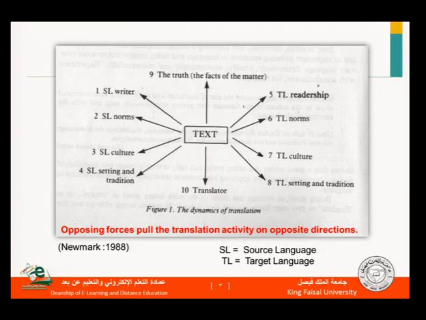Newmark represented them in this diagram like so. You see, we have the source language writer, SL, that means source language, اللغة المصدر, writer, الكاتب. Source language norms, SL norms. Source language culture,